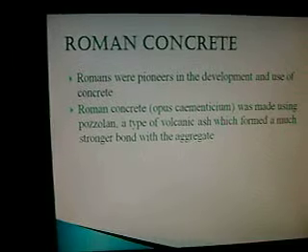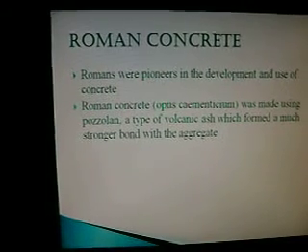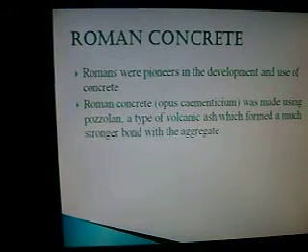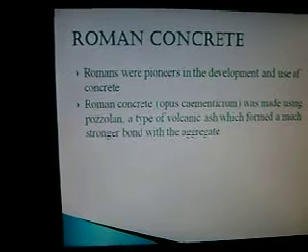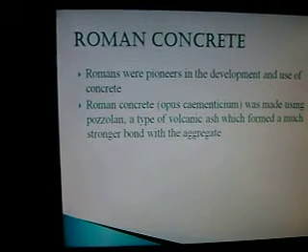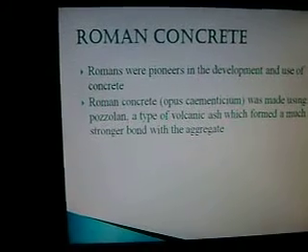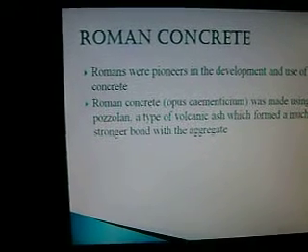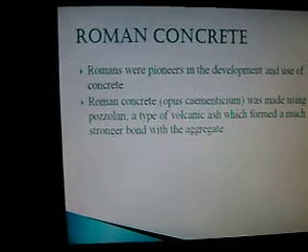Romans were pioneers in the development and use of concrete. Before that, early masons used lime or gypsum as the binding agents. Roman concrete was made using pozzolan, a type of volcanic ash which formed a much stronger bond with the aggregate. The discovery of this substance,